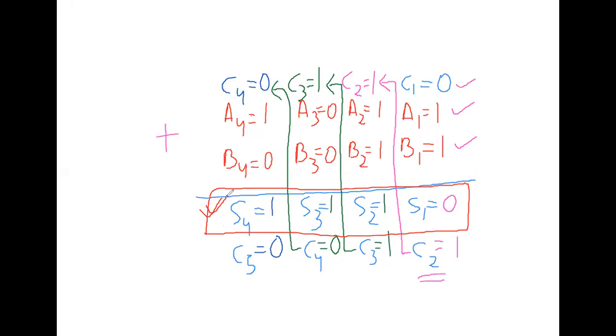If there is a carry, if the C5 bit is 1, what will happen? That will be the MSB. If carry is there, that carry bit will be the MSB. So there is a condition: if C5 is equal to 0, the answer will be